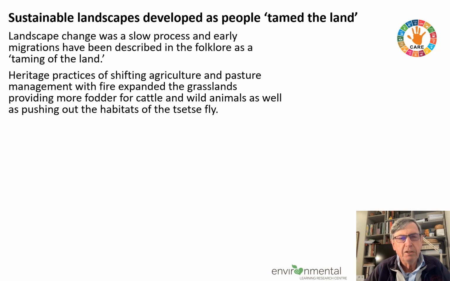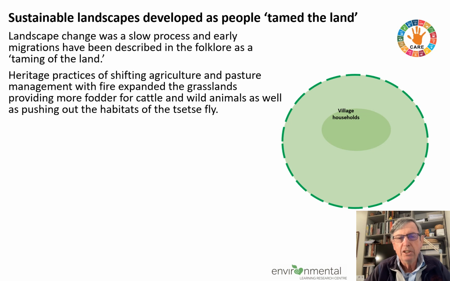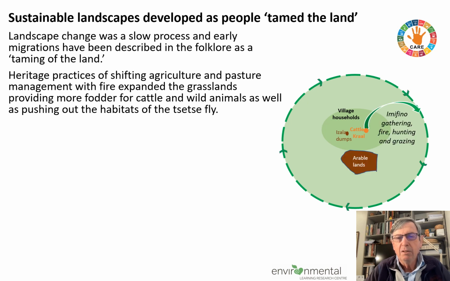Heritage practices of shifting agriculture and pasture management with fire, the grasslands provided more fodder for cattle and wild animals, as well as pushing out the habitats of the tsetse fly. That was a limitation. So if we try to model this, what we've got is the village and the processes of shaping the landscape around the village using the cattle and the arable lands to gather imifino, using fire, hunting